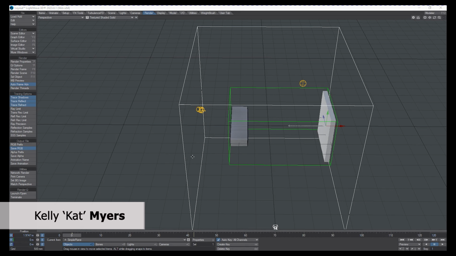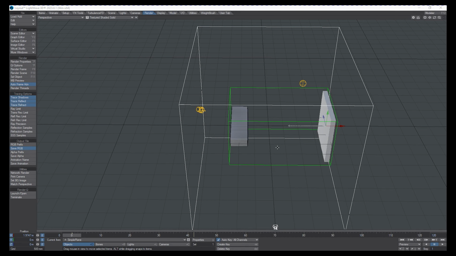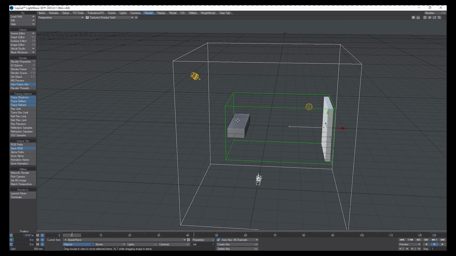In this video, we're going to be talking about turbulence FD inside of Lightwave 2023.01 and the use of forces, including pressure. Here we have a simple setup where I've got a cube that's basically 5 meters by 5 meters by 5 meters. That is our volume container, and we've got two simple objects inside of it. One is going to be emitting fluid as a density channel, and the other one is not going to be emitting anything, but it's going to have various values applied to it that will impact the density channel being emitted